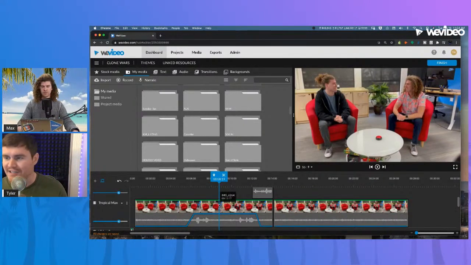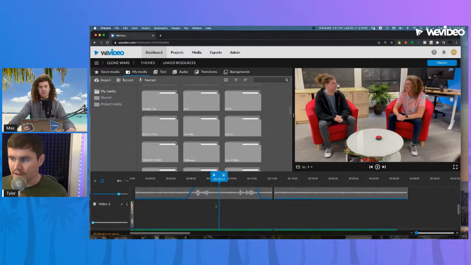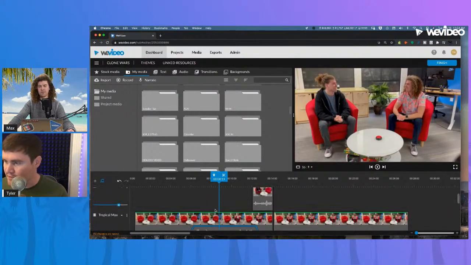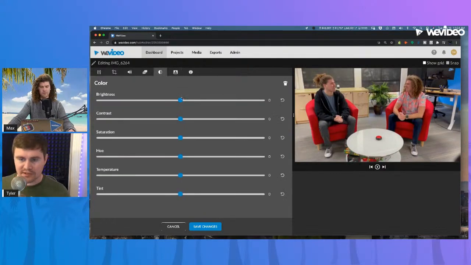If you really wanted to get in depth with it, you could create even a third track here. Duplicate one of these two, crop it to that very small line, drop the opacity on that and blur it a bit, and that would create that feather effect. But that's really in depth and might take a while to actually show you how to do that. So that would be a hack to make that work, if you needed to. But let's go ahead and hop into just adjusting the color.